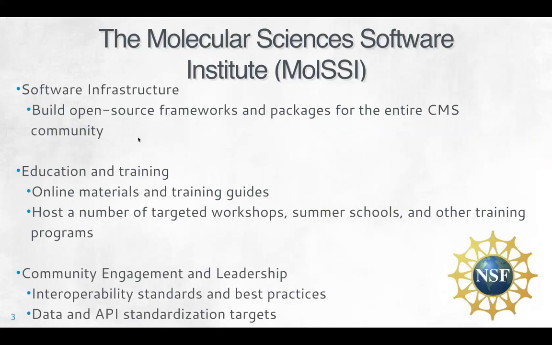And finally, probably one of our most important things is the community outreach and engagement. So we spend a lot of time talking to our community, trying to figure out data standards and best practices. And we also try to effectively get a little bit more cohesion in API and data standards so that things are a little bit more transferable and interoperable and effectively more usable in our particular space. So we do a lot more than this, but I think these are the 3 main thrusts that we want